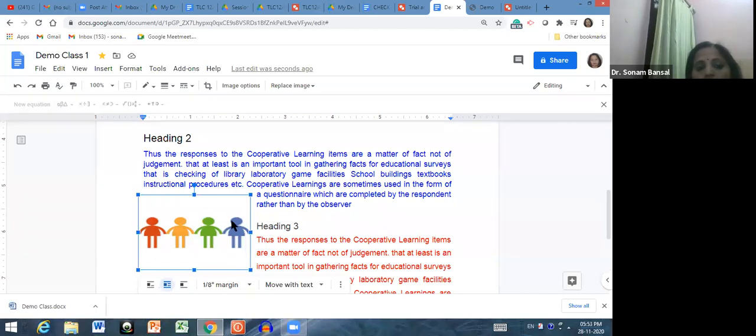So like this you can adjust your image with the text. Or if you want to move this, or fix the position of this image, or move the text with the image, then you can choose from these options: position option, move with text, or fix position on image. Let's suppose I want to move with text, so the image will move along with my text, right? So this is how you can insert an image.